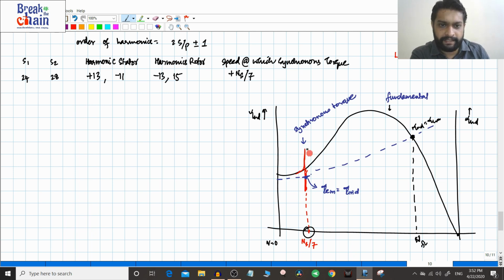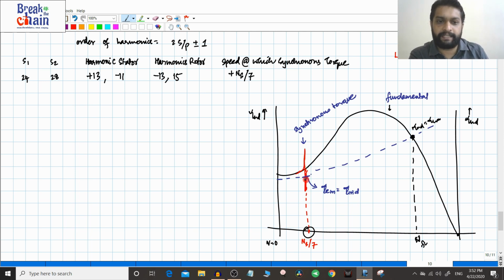Now you can see that this is a very sharp line which I have drawn as compared to the asynchronous torques. That is because this is a synchronous torque, and synchronous torque occurs at only one particular speed. If you remember the torque slip characteristic of the synchronous motor, the speed at which the motor rotates is exactly one value only, right? So that is why this graph is very sleek. The torque production occurs at only one speed. In all other speeds there is no torque. So that is why this line is very sharp.